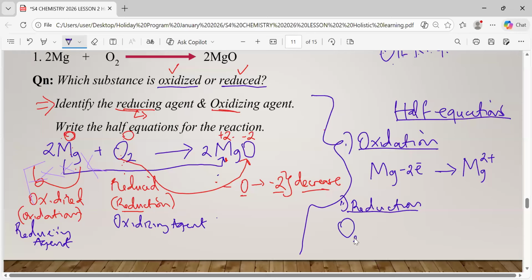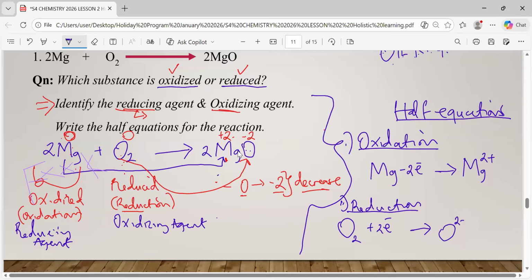So it is O2, which is giving us O2 minus. But what we have seen is that it is gaining electrons. There is gain of electrons. How many electrons? 2 electrons for only one atom. But when you look at this, there are 2